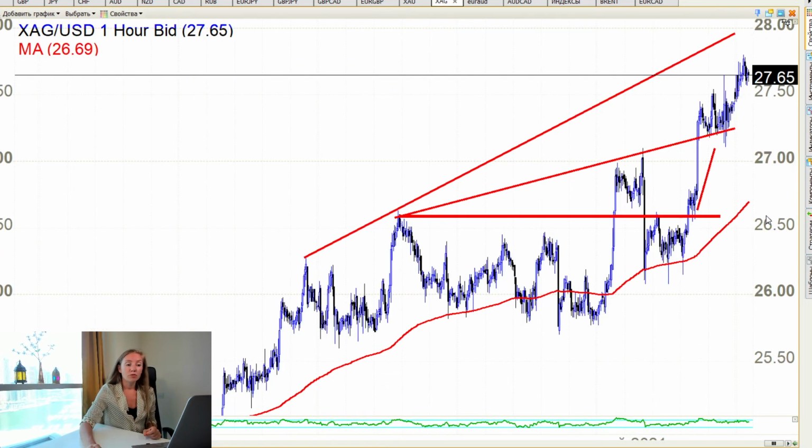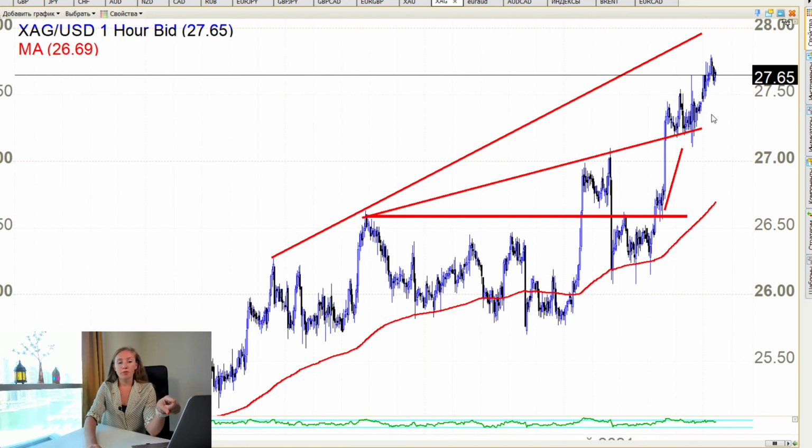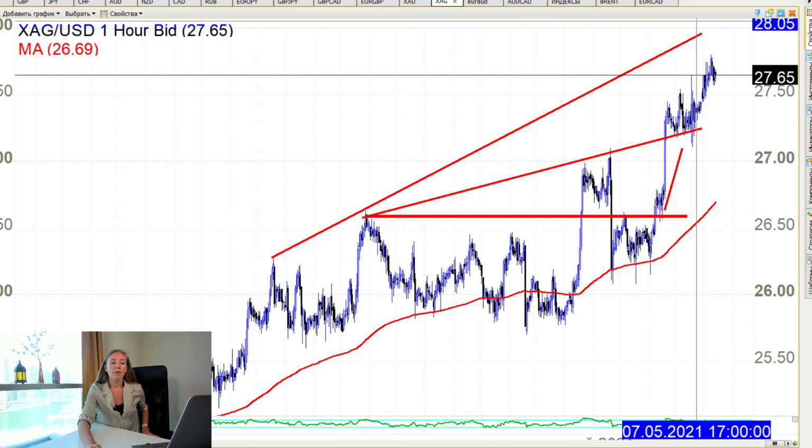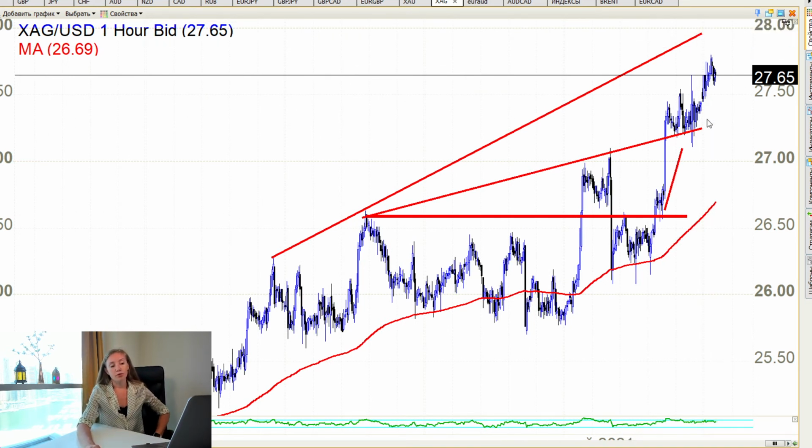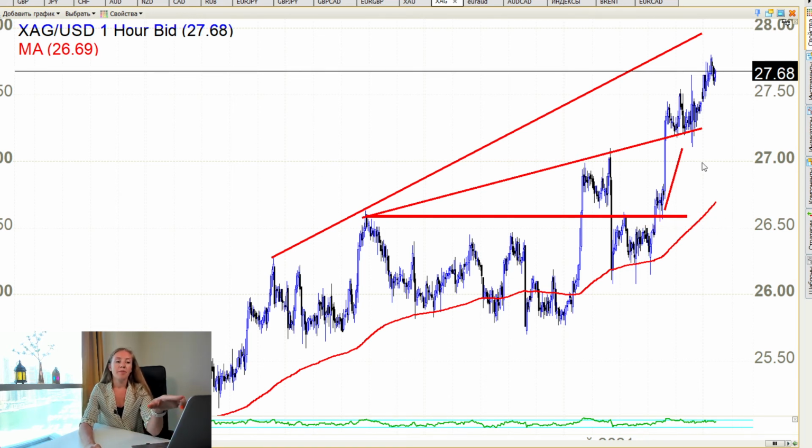Okay, so if you need more ideas, and by the way, you remember my silver idea to buy up to the 28 area. So yep, it goes up, it goes okay. I do remember everything that I say, everything. I do not say something and then not do it. What I wanted was to sell under this area. I wanted to go down, but they didn't give me an opportunity. I didn't buy. I missed all this way up. I didn't enter the market. But on Friday,